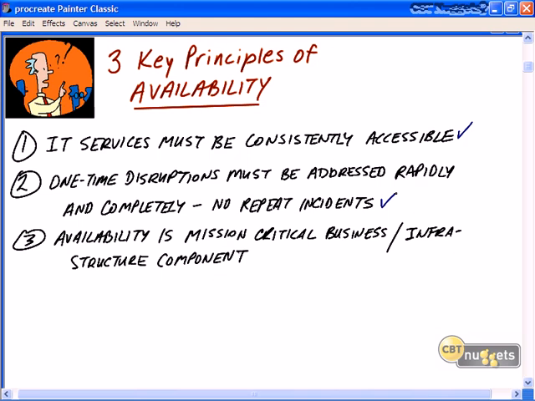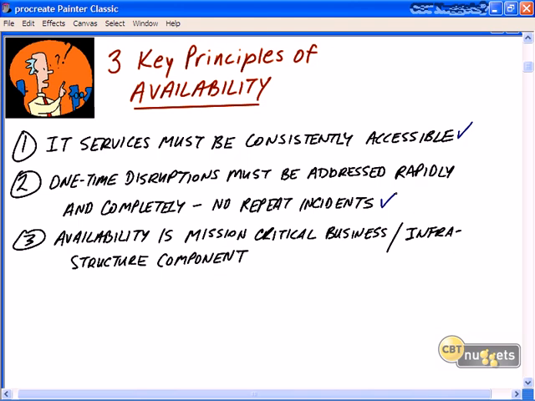If an application that's running off of a server fails, how can you have a failover system to keep that application available? For example, if you're using Microsoft Exchange, and an Exchange server goes down, what type of failover process do you have, or clustering solution, to keep that Exchange mail and collaboration solution available? So these are mission critical business aspects. These are the 3 key principles. Consistently accessible, understanding you have one-time disruptions but no repeat incidents, and understanding that availability is mission critical from a